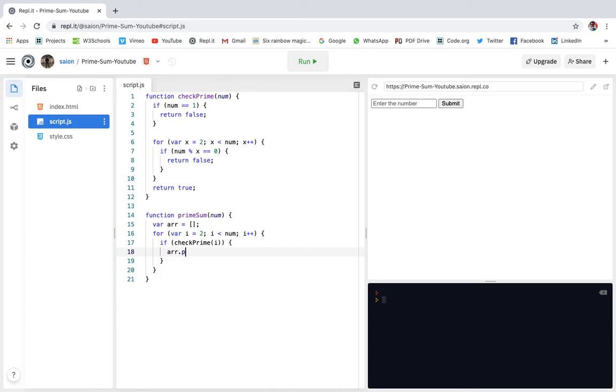So we are making an array of prime numbers. So this array is an array of prime numbers now.